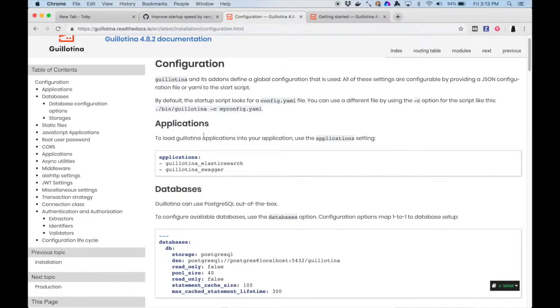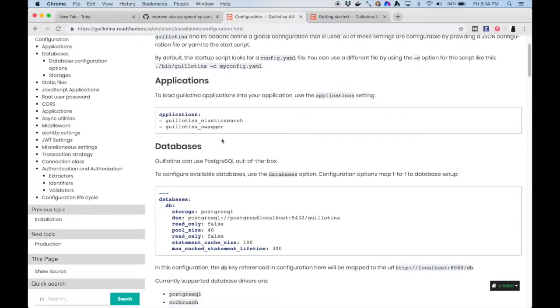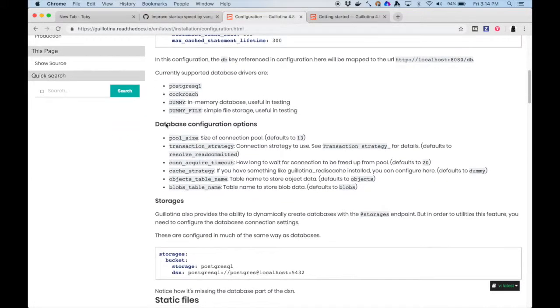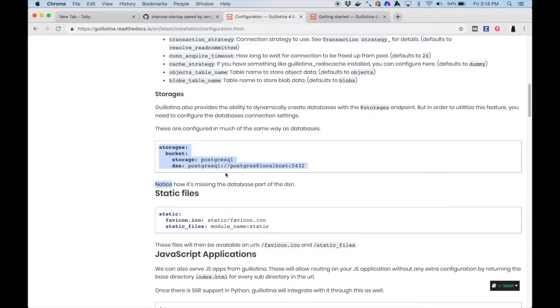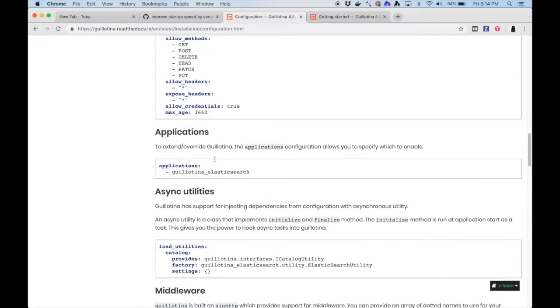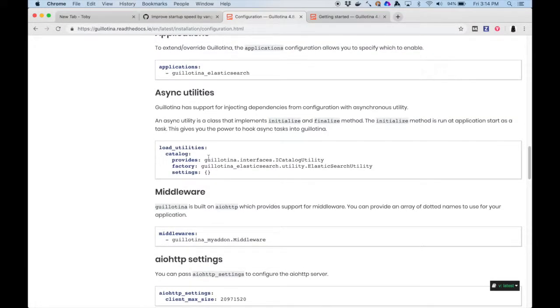Also, make sure to take a look at the configuration sections in the documentation. We have docs for how you configure databases, all the different options for a database, how you configure storages, that's dynamic databases, static files, and pretty much everything. But getting back to what we're working on